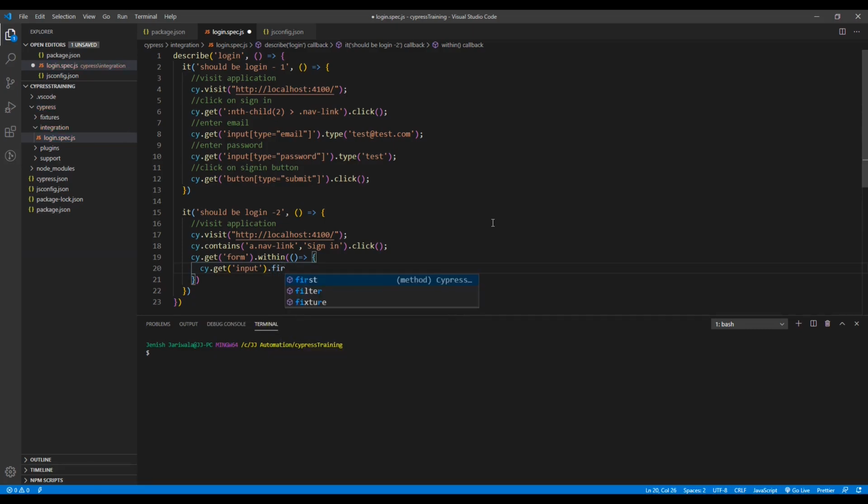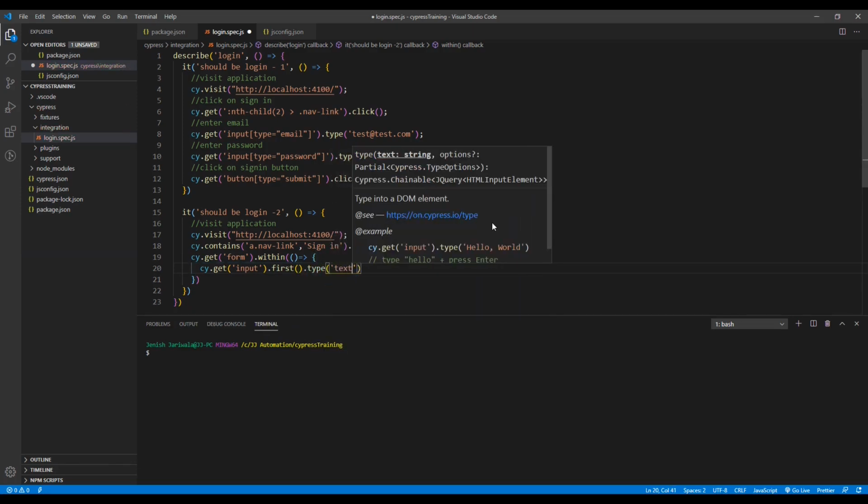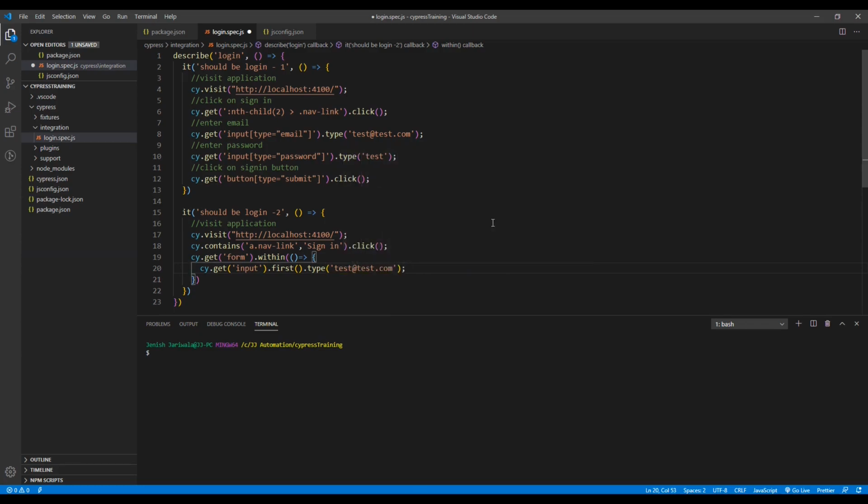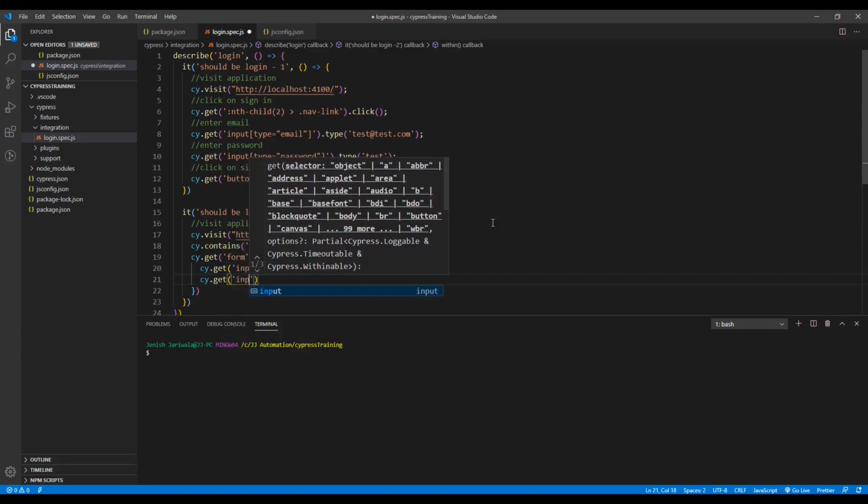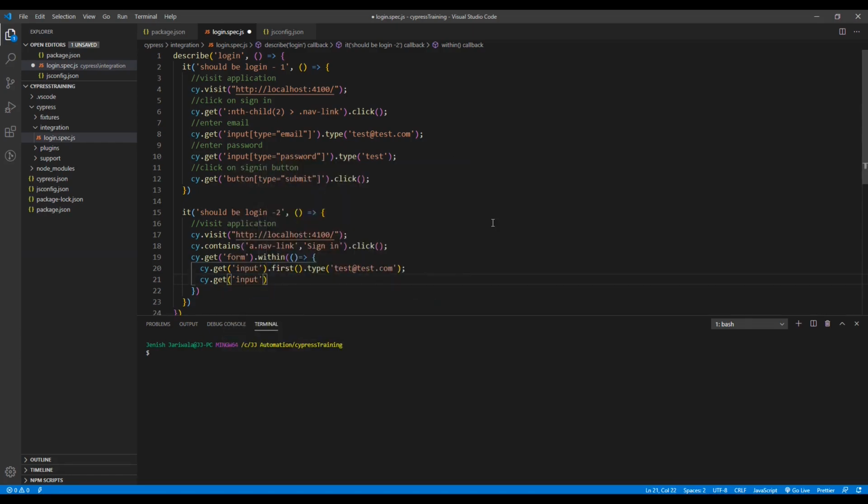So the command is first, and dot we need to type, and the value is test@test.com. Similarly, we have one more input tag, and it is the last one. So we can use last, dot type test. Here we only have 2 inputs, so we can use first and last.